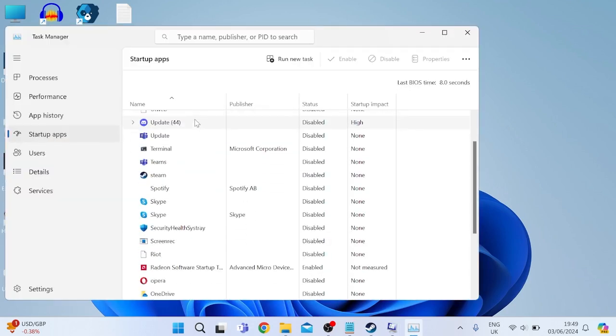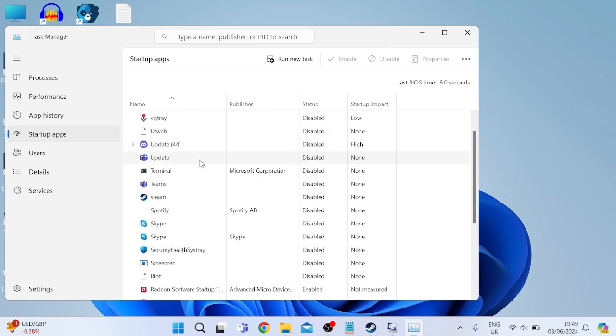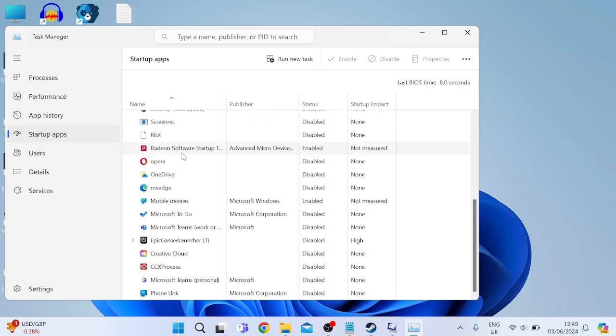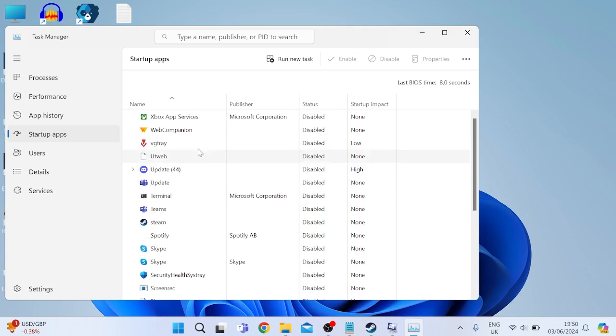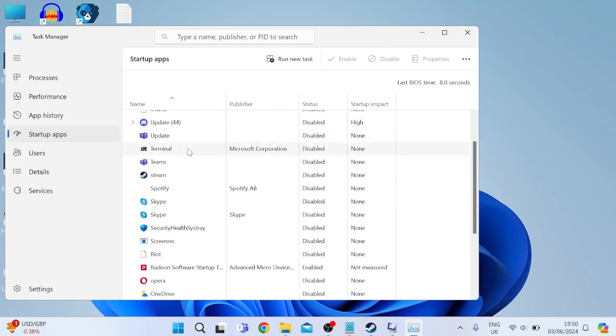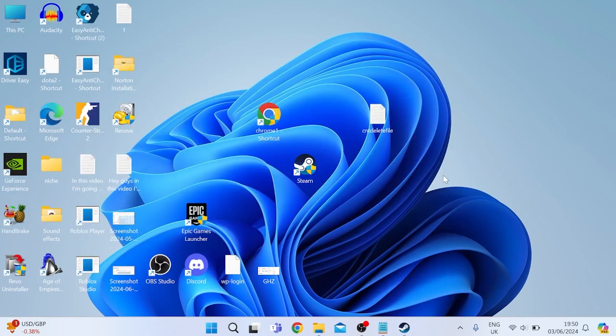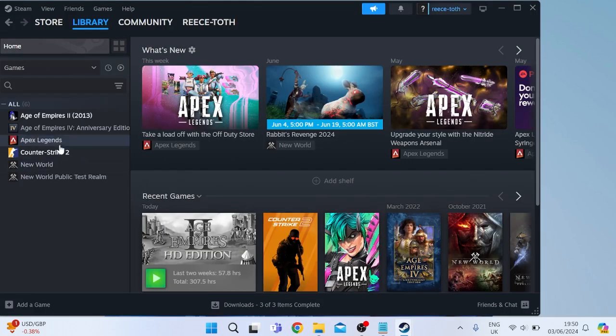Then come over to the startup apps tab on the left here, and these are all the applications that start when we first launch our computer. You're going to go through this list and disable any applications that you don't need starting, as sometimes these can conflict with our game and cause compatibility issues, causing the game to crash. As you can see, I already have most of my applications disabled, but to disable an application, simply right click on it and then select disable. Then once we finish inside of here, the last thing we're going to do is launch up